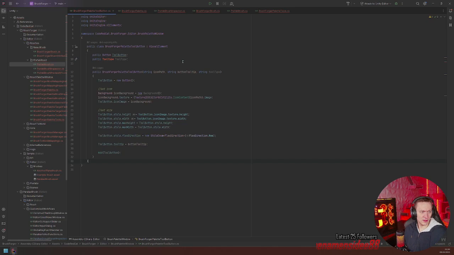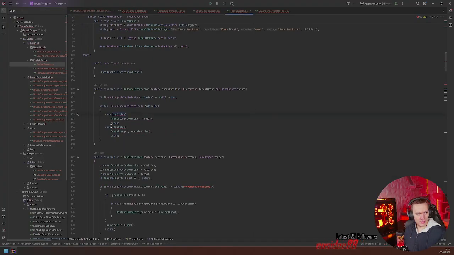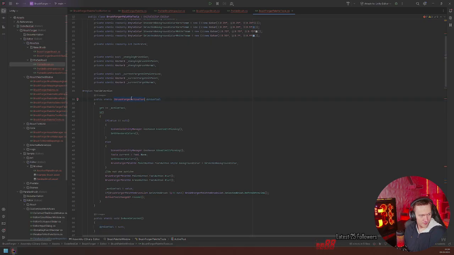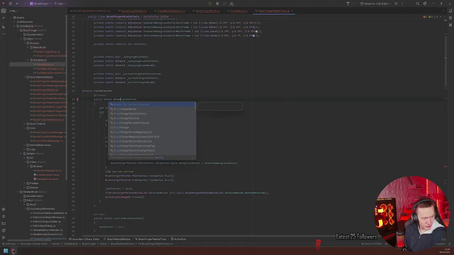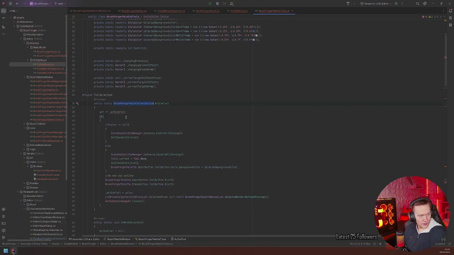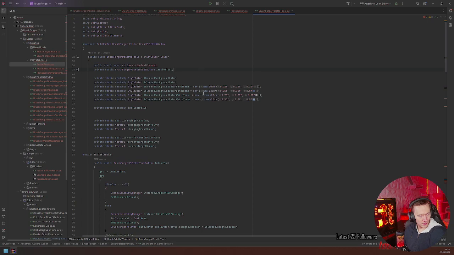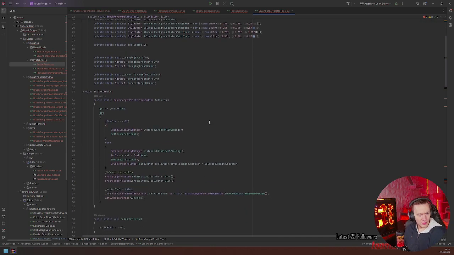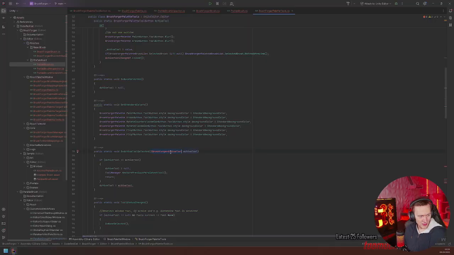Let's just try something else. I'm just too lazy to read right now. Tool type. Let's try to define. Go in here and say this is going to be a push for the tool button. Tool button. And then we have a thing that we need inside of the tool button.